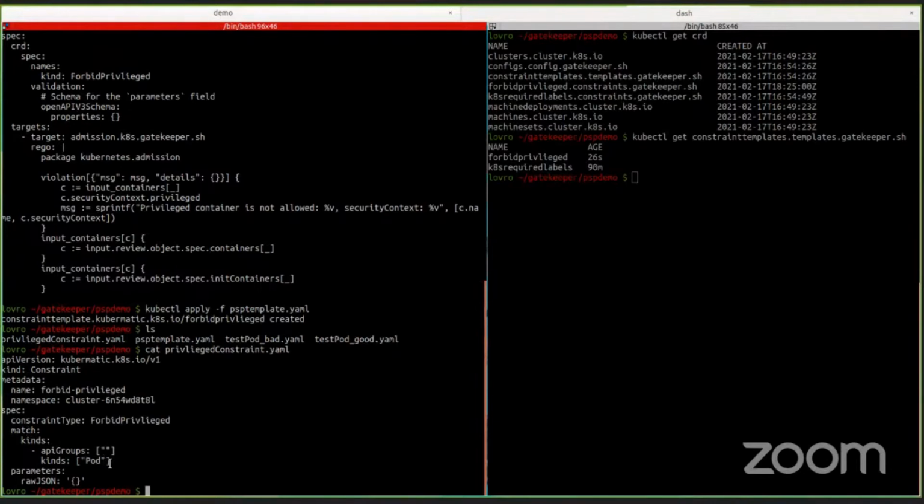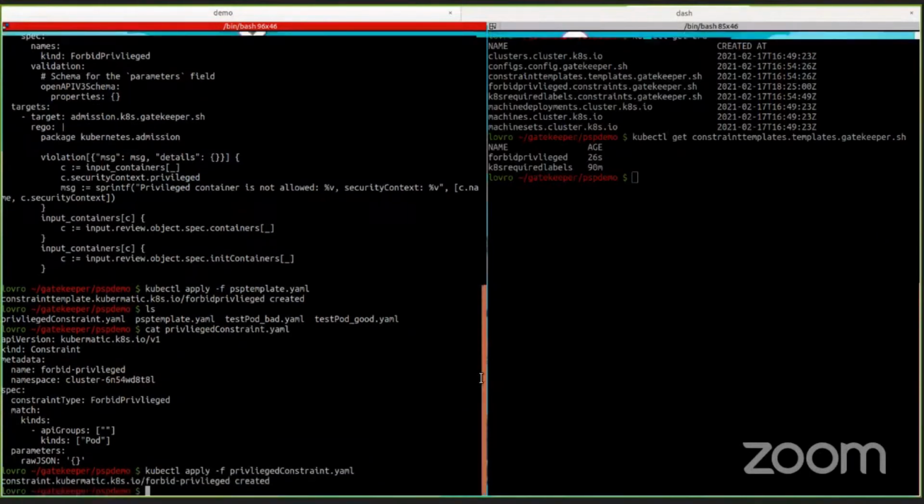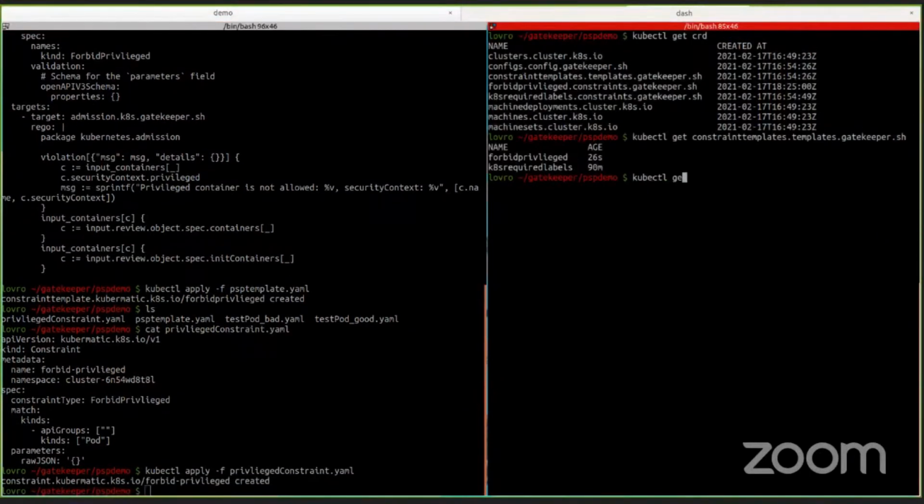So here just match pods, and it tells Gatekeeper that when it sees a pod, to run it through the rule and see if it violates the rule. Okay, and let's create it. Okay, it's created, and we can see that we have now a forbid privileged